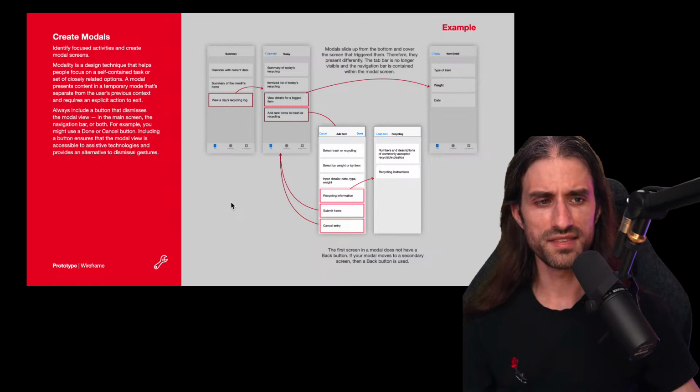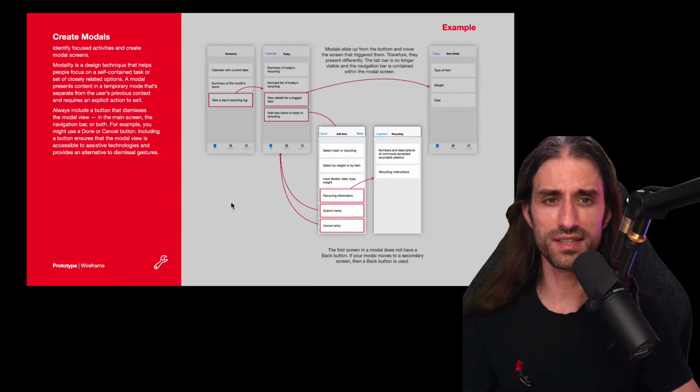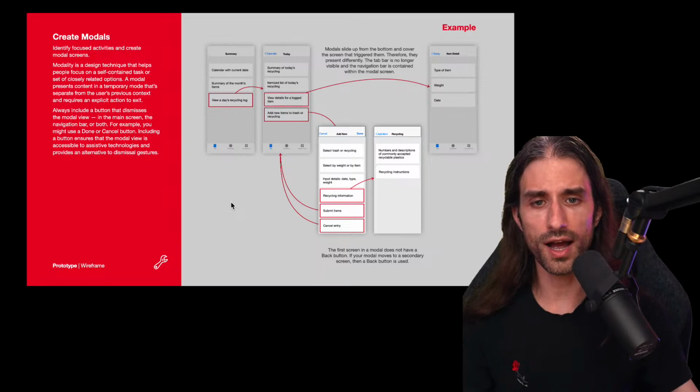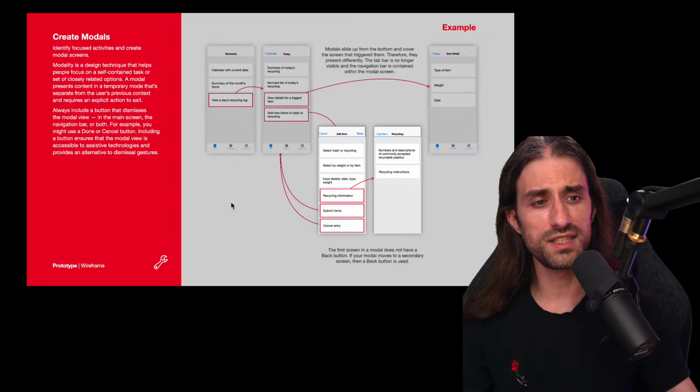So a modal, as they say, is a way to present on the screen an activity that is very focused. Typically, adding a new item to a list of items is the typical use case for a modal view. It can also be having a look at some very specific data. For instance, when you're on the App Store app and you tap on your profile, at some point it shows a modal, and on this modal you can see your subscriptions, you can download previously downloaded apps, you can see how much credit you have in the App Store if you've redeemed a gift card. You can also see the updates that are available.